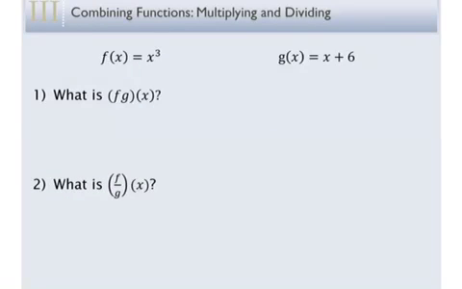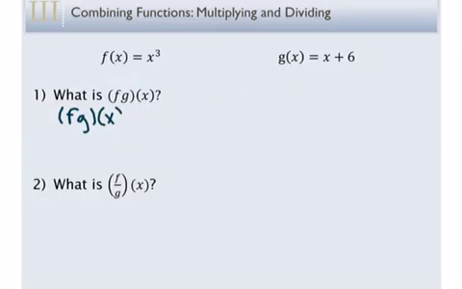So let's look at multiplying and dividing. So it's kind of the same thing. So what is f times g, or fg of x? So of course this is telling you to multiply the functions f and g together. And if we perform that operation, we're going to get